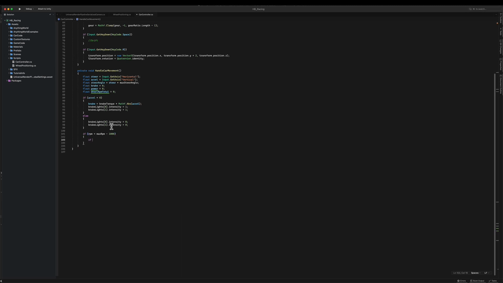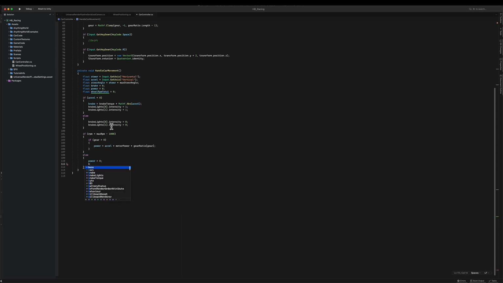I will check if I'm not in neutral, if my gear is bigger than 0, then my power is going to be my acceleration times my motor power times the gear ratio of my current gear. So here I'm defining how much power I should apply. Otherwise, I'll set my power to 0,